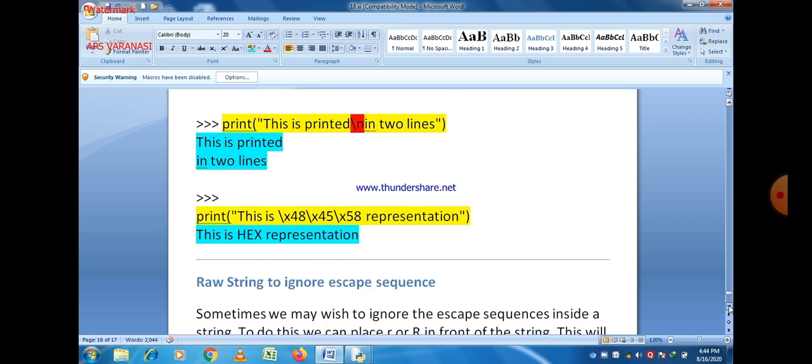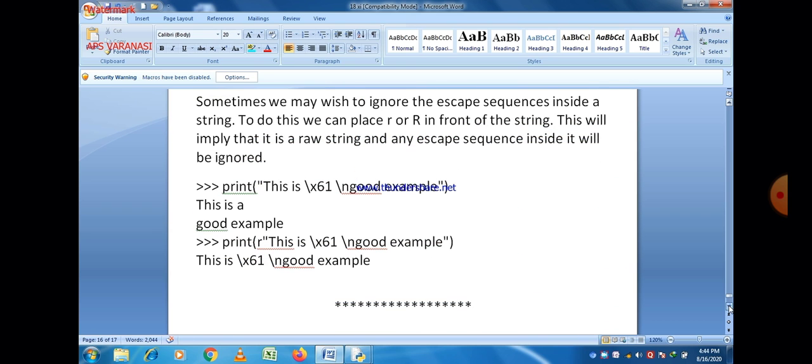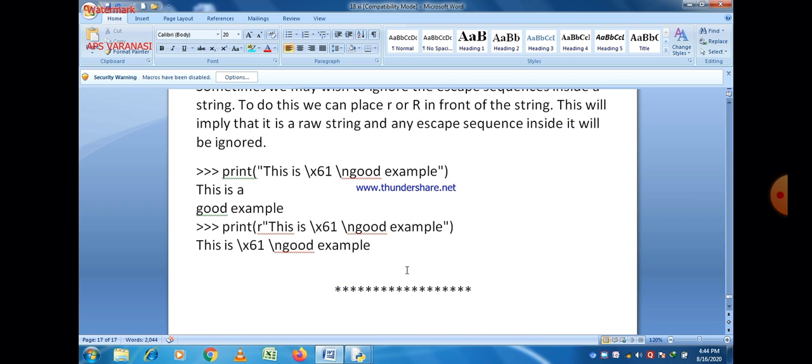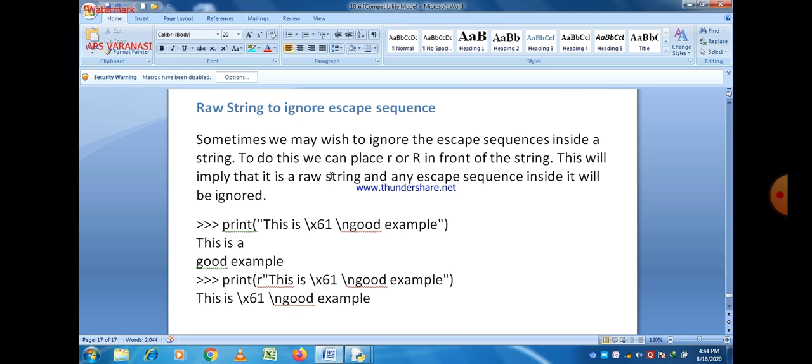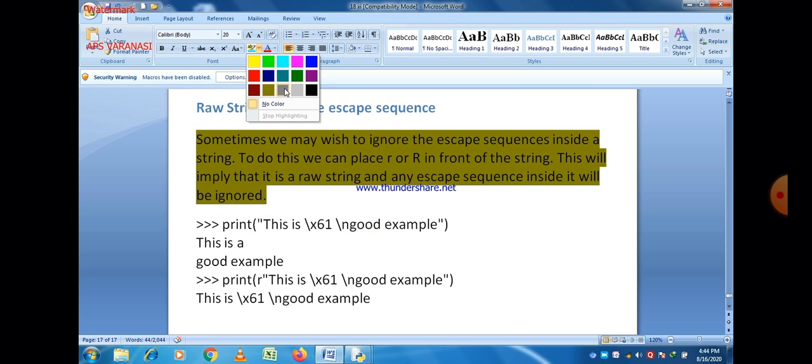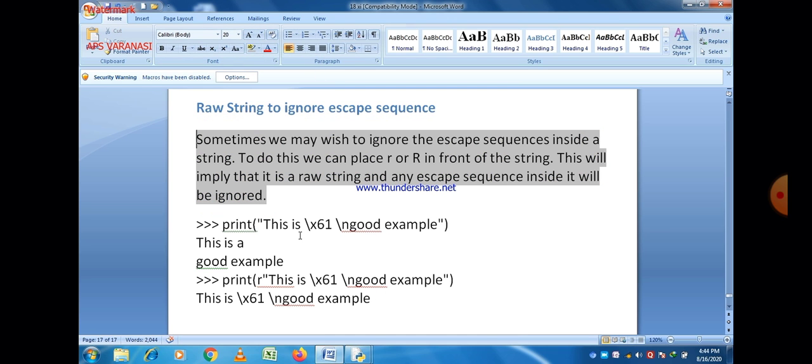The last topic is a raw string to ignore escape sequences. If you want to ignore escape sequences, then for this you just write R before the double quotation marks within the print statement, and all escape sequences are ignored in that case. You can easily see here, print this is \x61\n a good example.